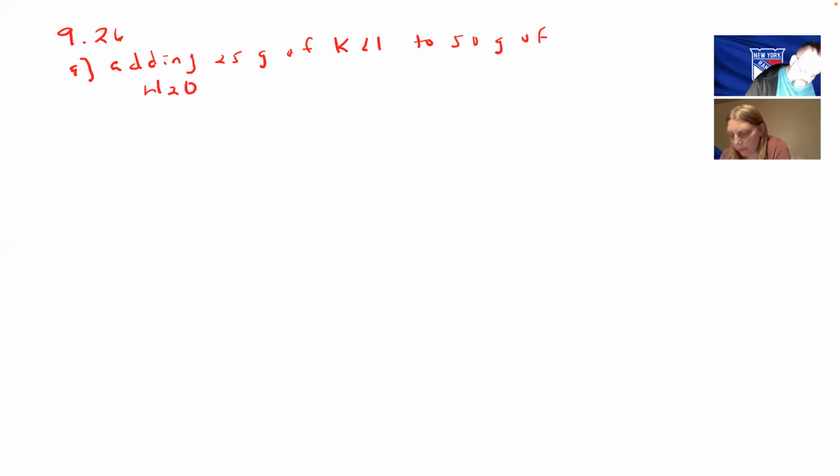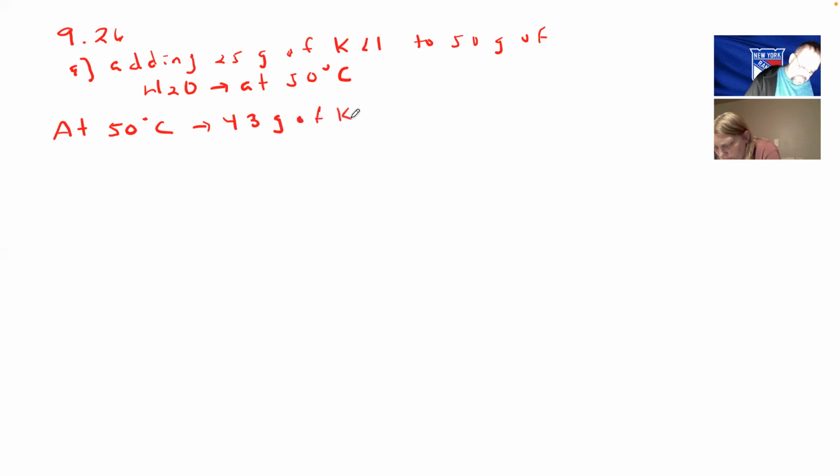We're supposed to use that chart, yes, because the temperature is important, since solubility is affected by temperature. What that chart tells us is that at 50 degrees Celsius, you can dissolve 43 grams of KCl